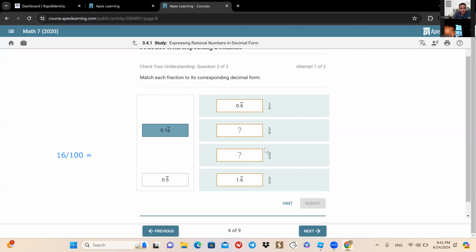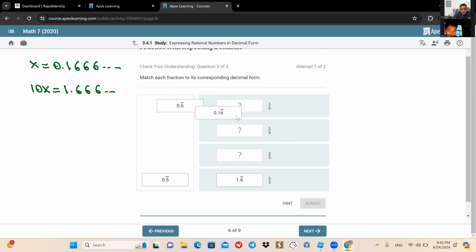Look, Sardar, I write the first one. How do we change this into fraction? The first one is 0.1666, dot, dot, dot, like this, right? So now, if I multiply this one x by 10, what happens on the right-hand side? It shifts the decimal point to the right, 1.666, right? So it's once. And how about if we multiply both sides by 100?